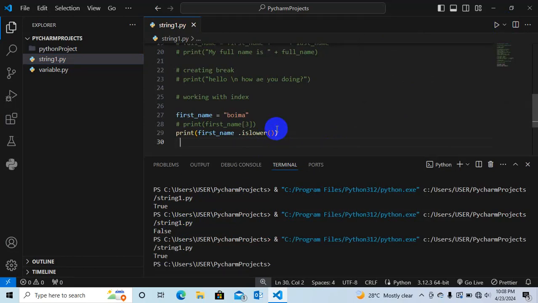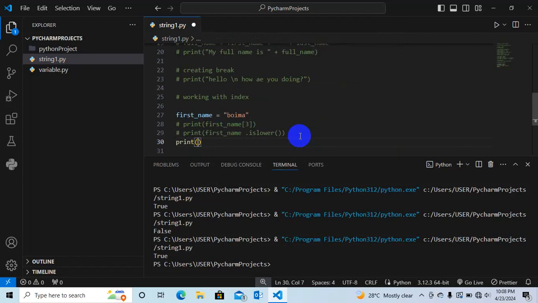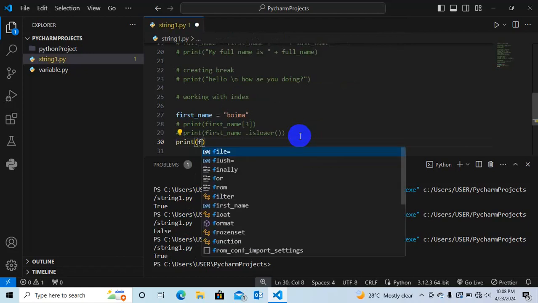So now the next thing is, let's say we want to know how many characters are in the word Boima. So let's comment this also so that we cannot get confused. Let's know how many characters are in the word Boima. So we're going to use a function they call length. So I can come here and say print, and when I use the word print, I'm going to say first name,